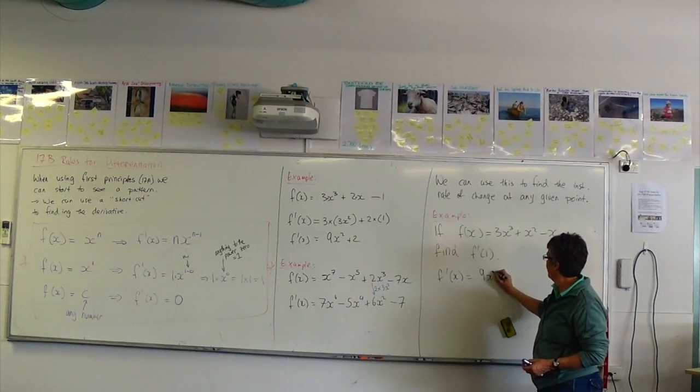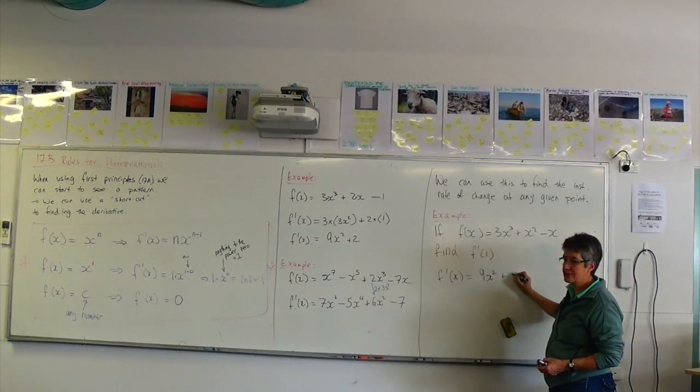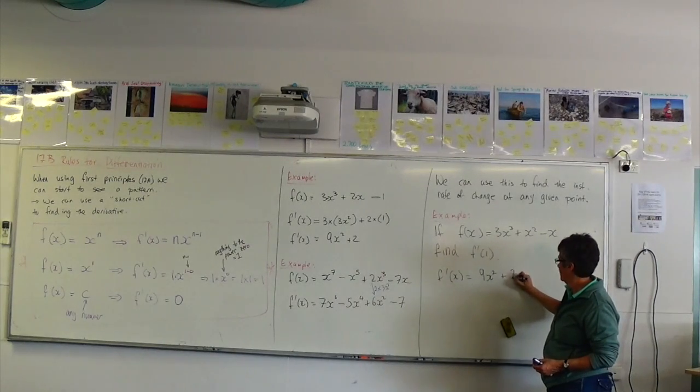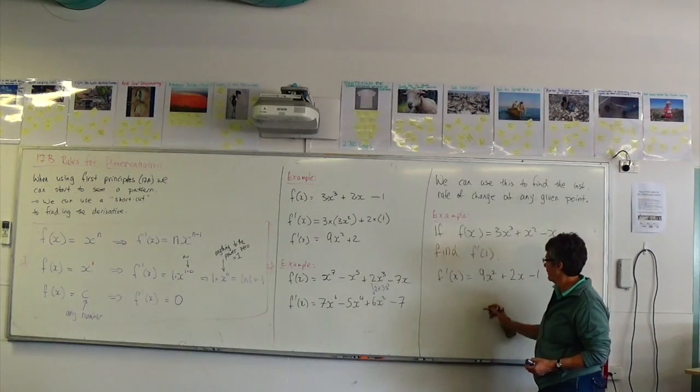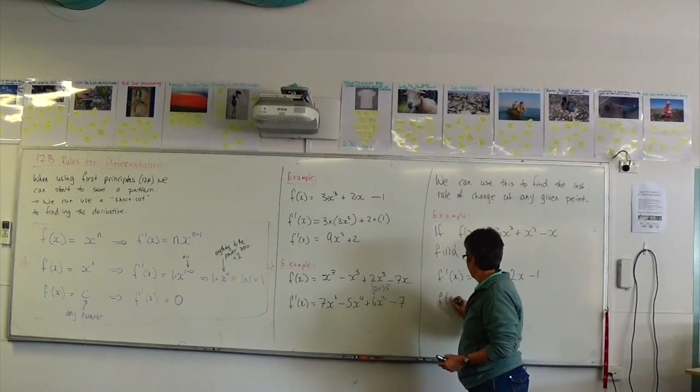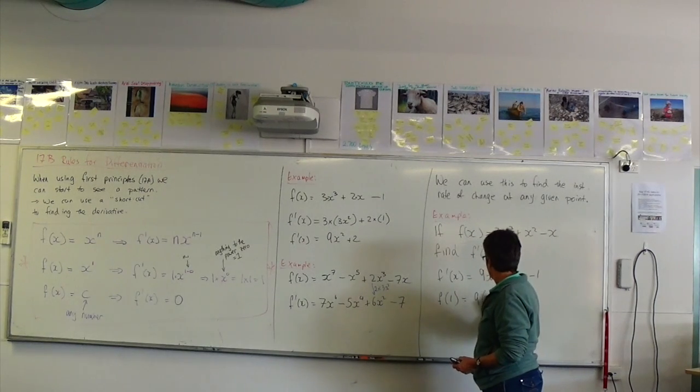So what's f dash of x going to equal? 9x squared, plus 2, minus 1. So once we've got that, now we can find f dash of 1, and so we sub in